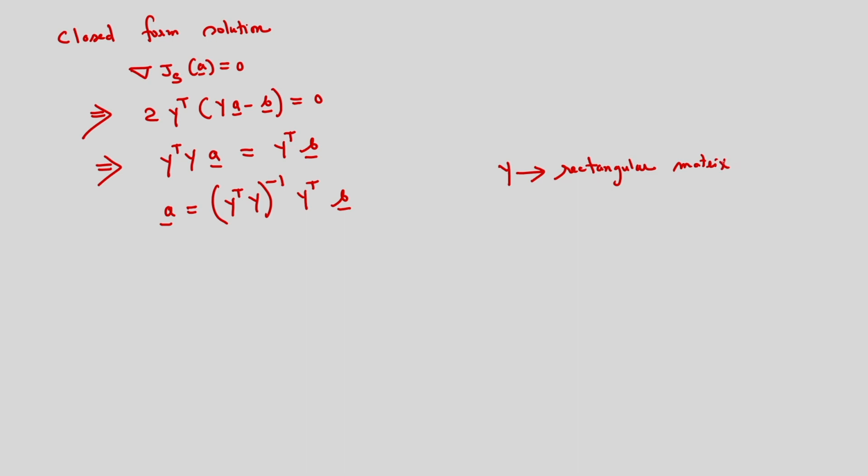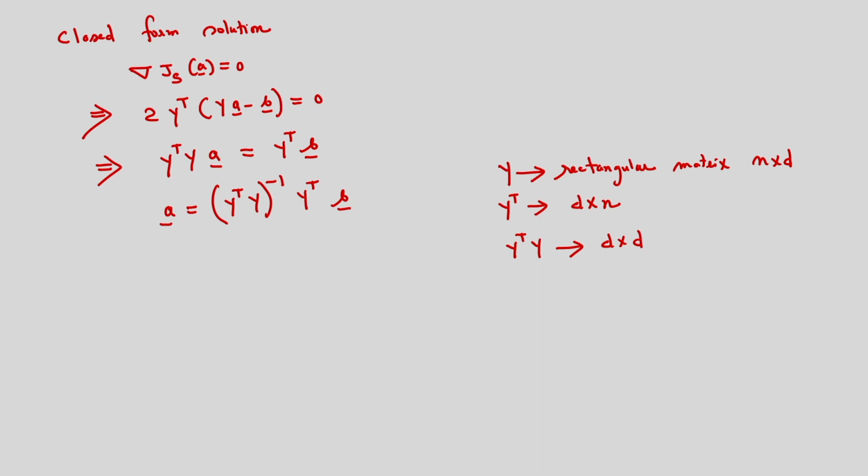The dimension is n cross D. So what is the dimension of Y transpose? The dimension of Y transpose is D cross n. So that means the dimension of Y transpose Y will be D cross D, and it is a non-singular matrix. So if it is a non-singular matrix, then Y transpose Y inverse I can determine,